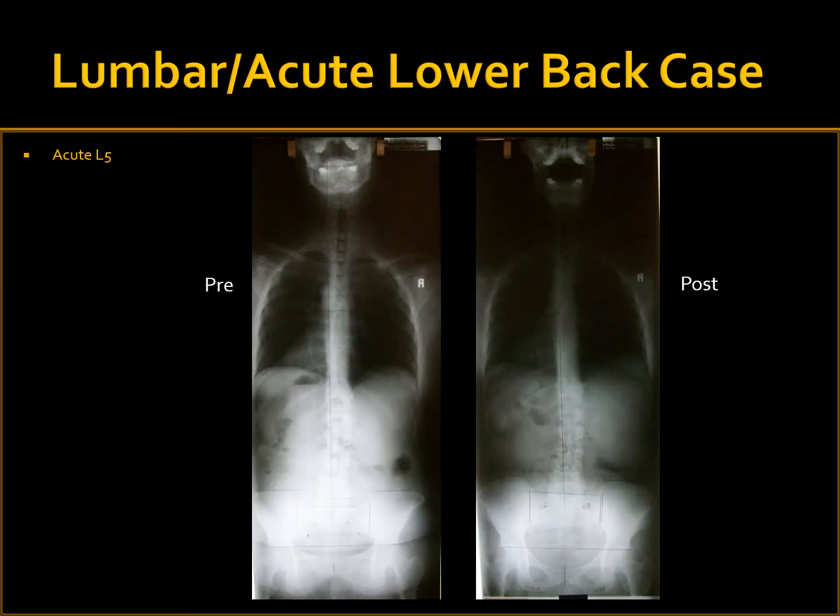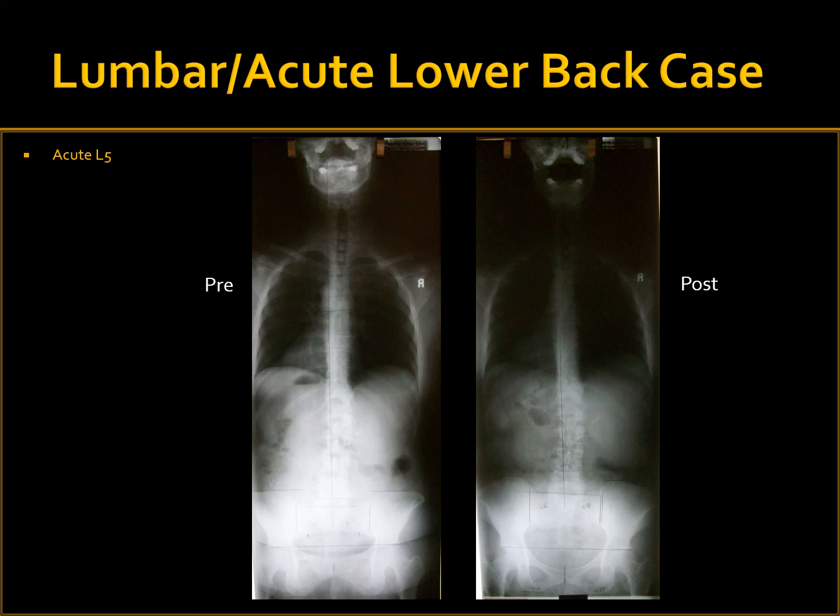What you see here are 2 x-rays of an acute lower back patient. There is a pre-x-ray on the left when the patient actually is in their acute situation, and the post x-ray on the right after their acute lower back has subsided, their antalgia has also subsided. There's not a lot to see as far as changes on this A to P x-ray,